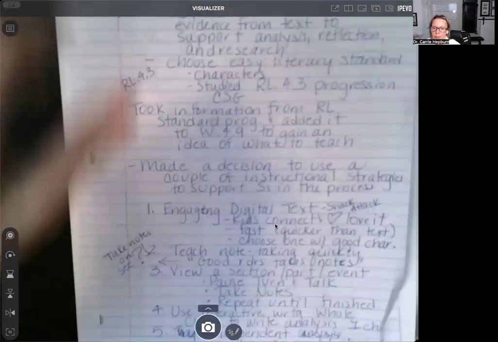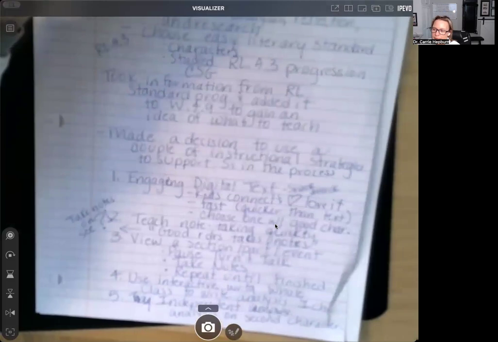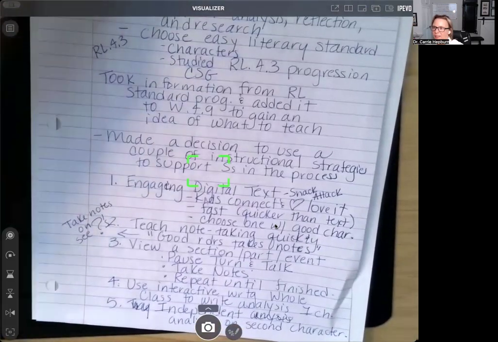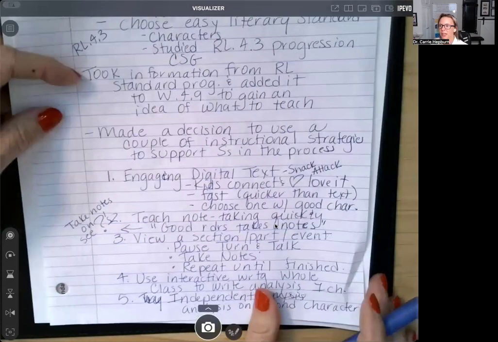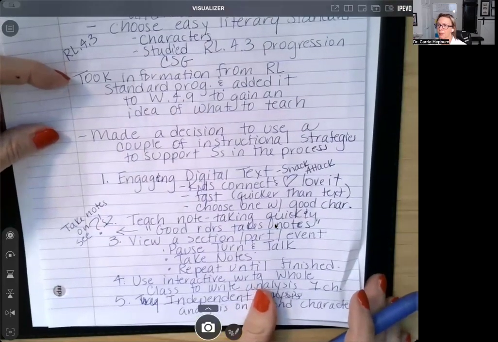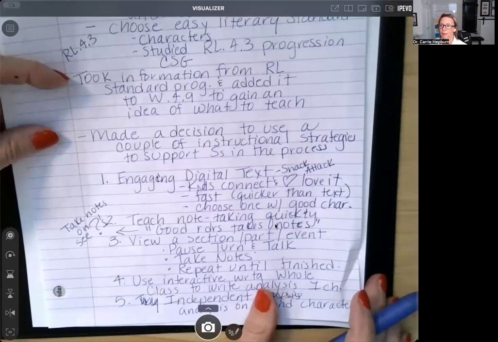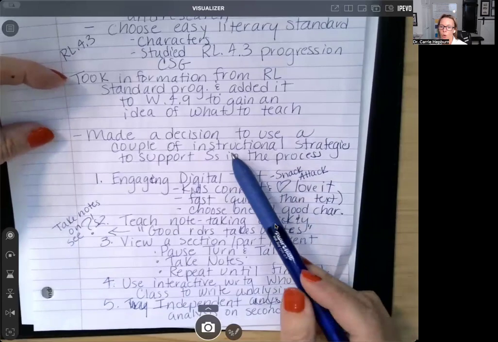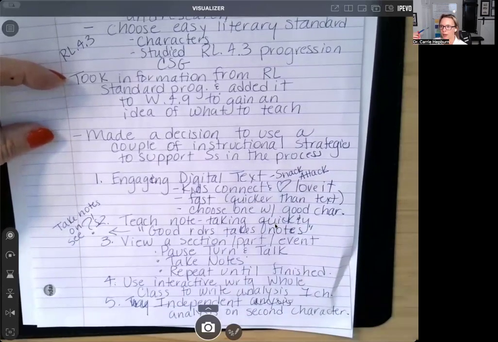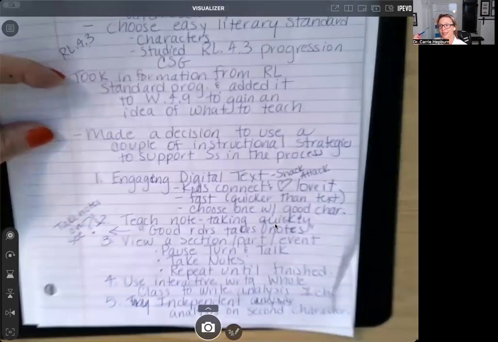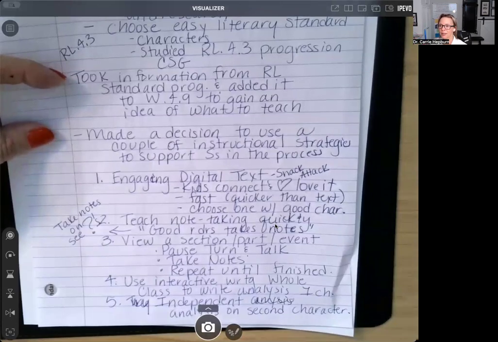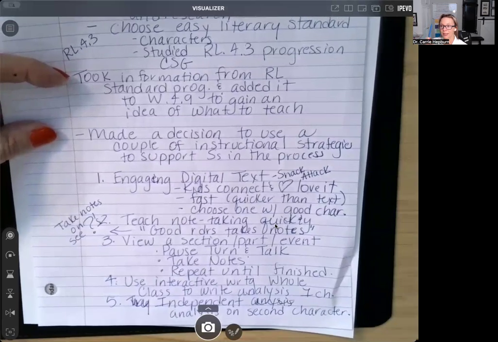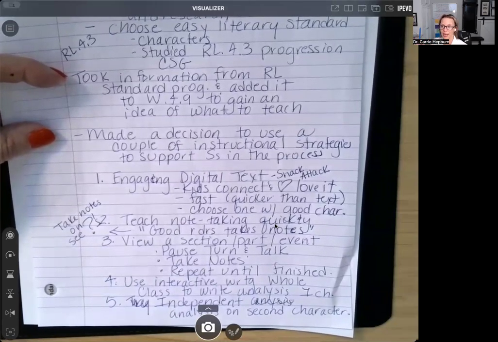So that took about, I don't know, I was by myself and I do this all the time, so that probably took me 10, 15 minutes. In a PLC, you could probably do it in about 15, 20 minutes and make a really strong decision. Now, I'm going to talk with you about a lesson that you can teach. You would teach it the first time, and then you could use this same process 2 or 3 more times